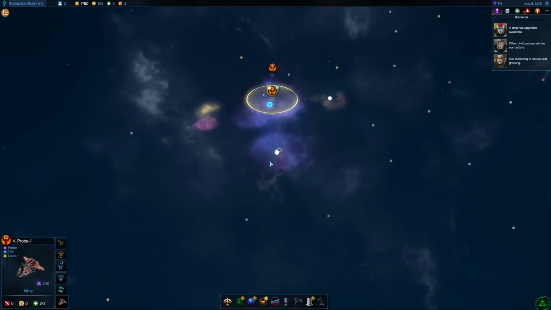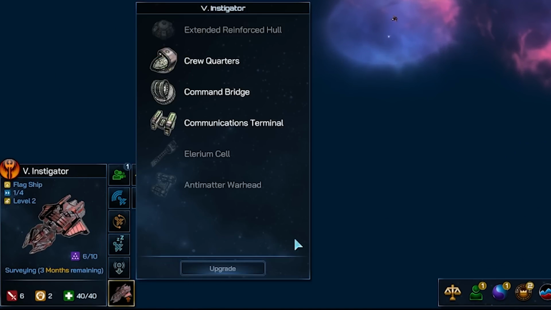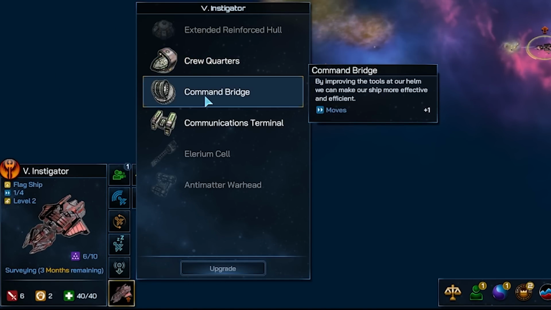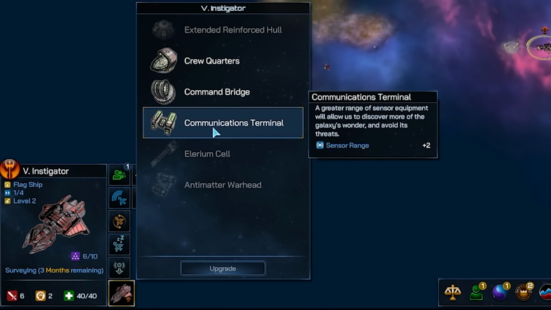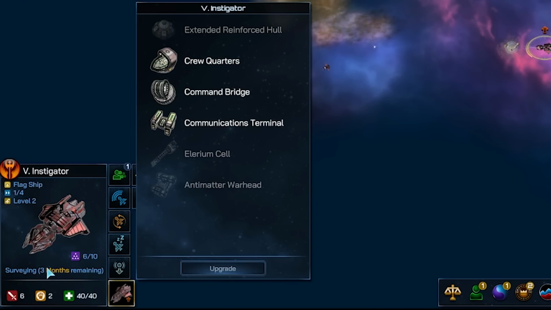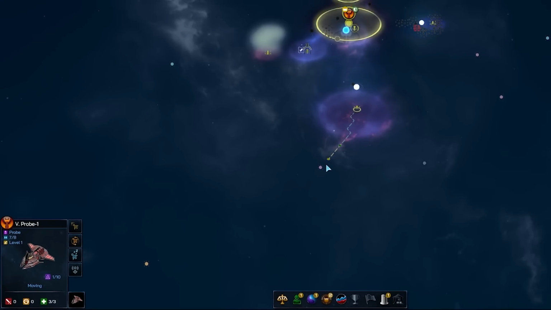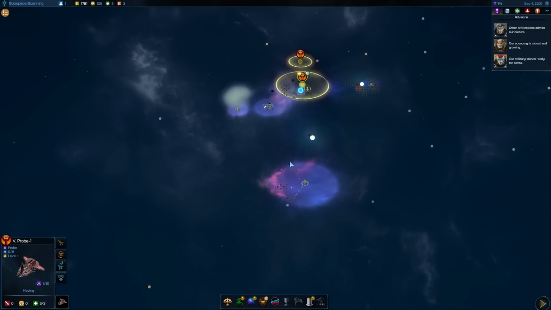All right, we managed to find a really tiny planet. Let's go ahead and keep probing around. We do a little probing. My flagship has actually leveled up. Crew quarters gives hit points, command bridge gives moves, and the communications terminal gives sensor range. If this ship is going to be serving as a military ship for a very long time, I think crew quarters is the play to maximize its health. The more health the ship has, the longer it can stay in combat, which in theory should lead to it